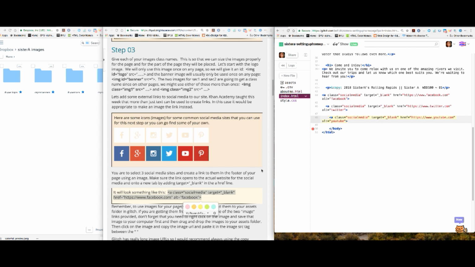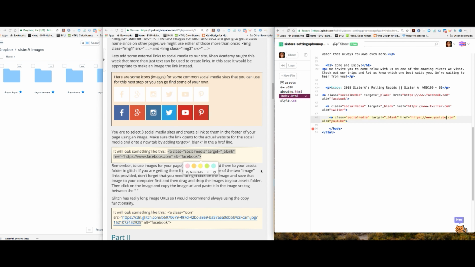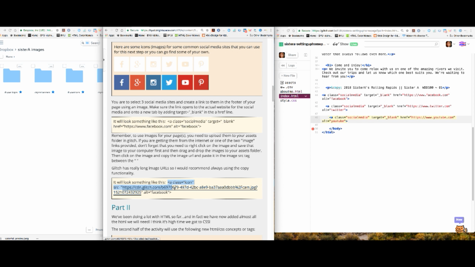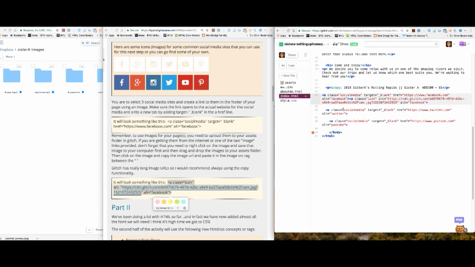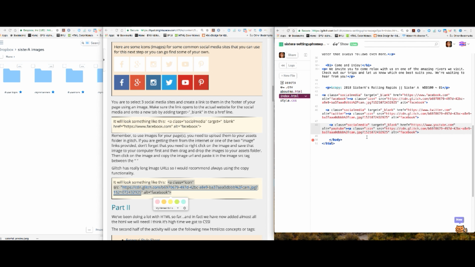So now I'm going to get my image line, which it will look something like this. Copy this one. And you're going to put it right up against the link line. Now don't worry, we're going to actually go get our URLs for our pictures. I'm just putting an actual line. Each one of these image lines,